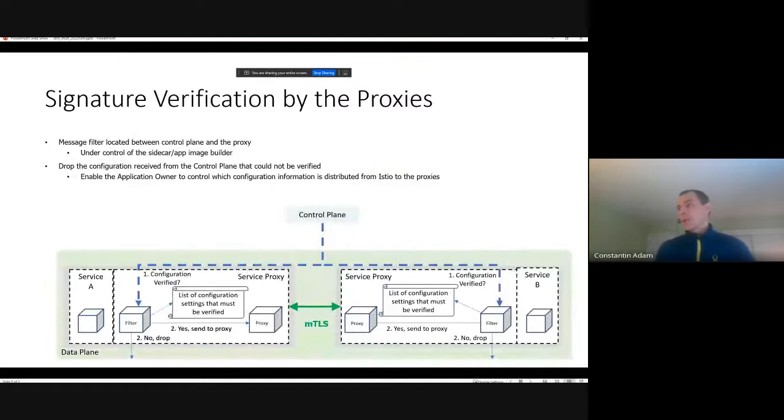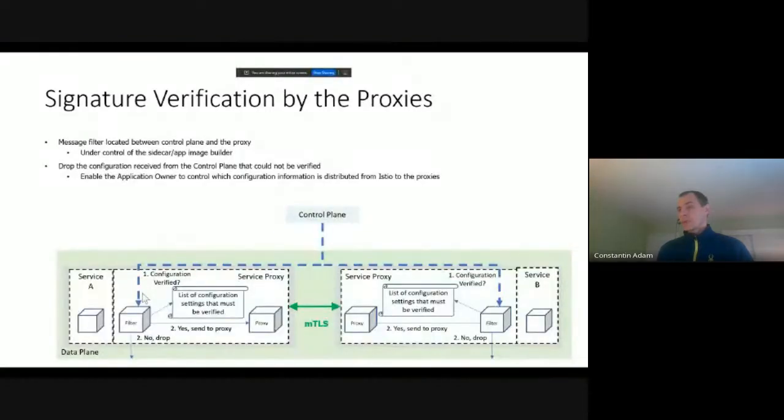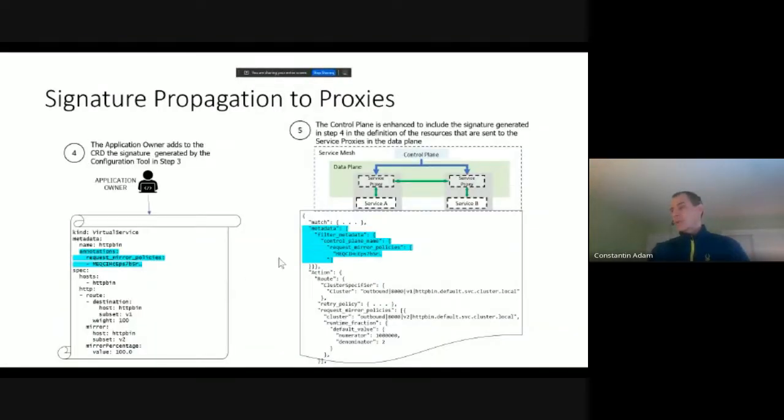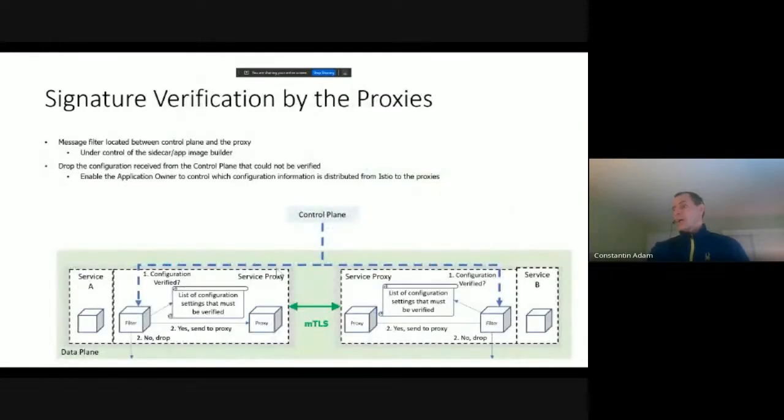And finally, the final block is to have a filter in the Sidecar containers where, upon receiving this configuration, they're receiving the XDS API resources here, and then we can check the relevant portions of it. If this component can pass the signature verification, then it can be used and applied to the configuration